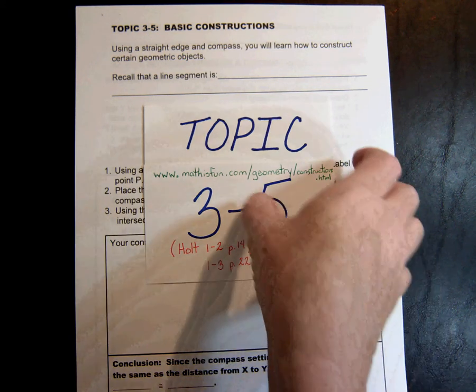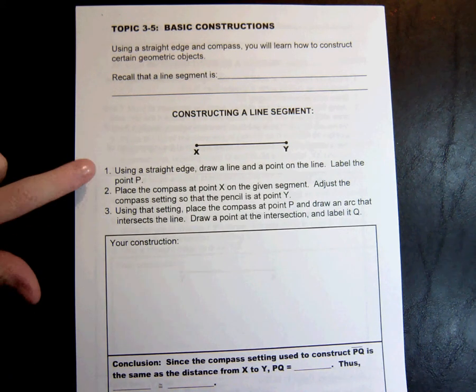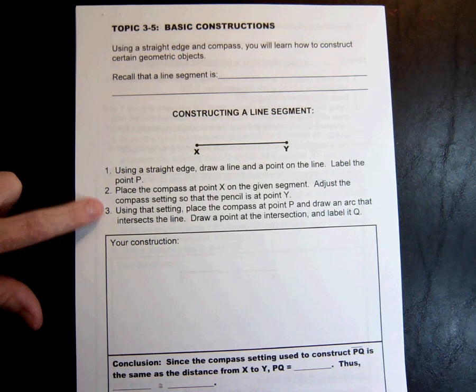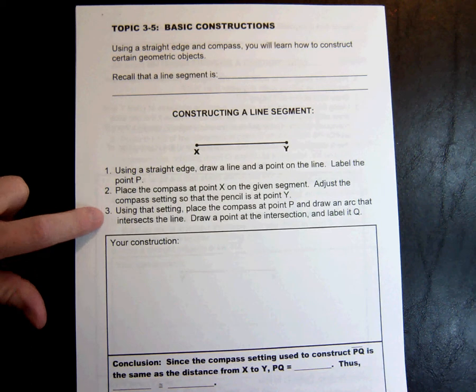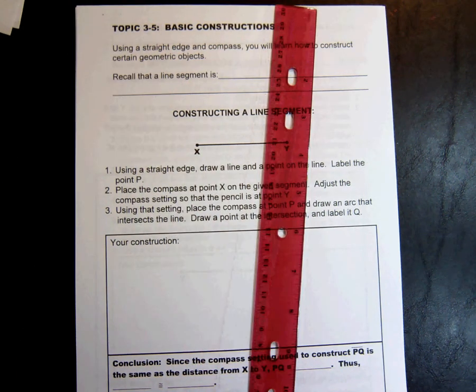constructions. Okay, if you want to try to do this without watching the video and just going through each one of the points yourself, maybe using the video to check your answers, that's perfectly fine. See how well these descriptions of directions are written. Using a straight edge and a compass, you're going to learn how to construct certain geometric objects. So you're going to want to go get a ruler, also called a straight edge, and a compass from your